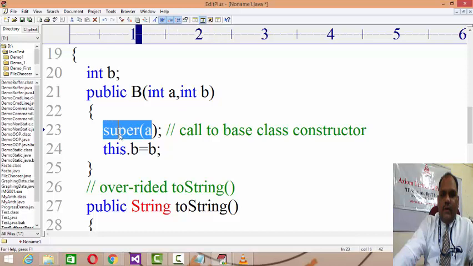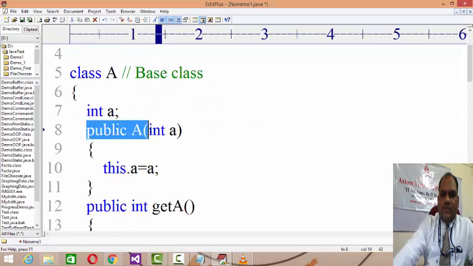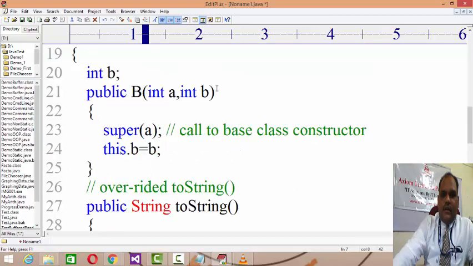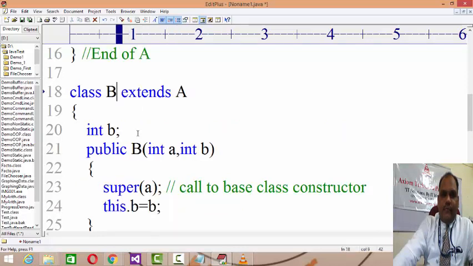Now this 10 will be passed on to the constructor of the base, and in this manner the property of the base will be initialized by 10 and 20 will be initialized to the property of the derived class.